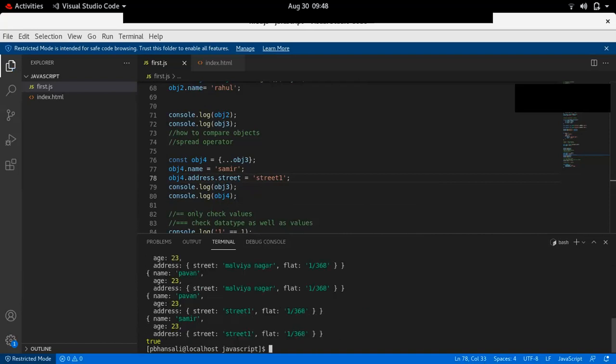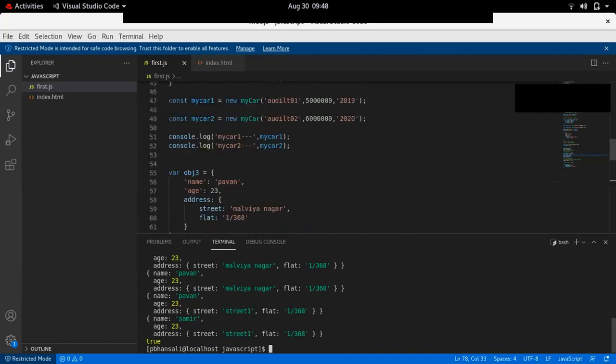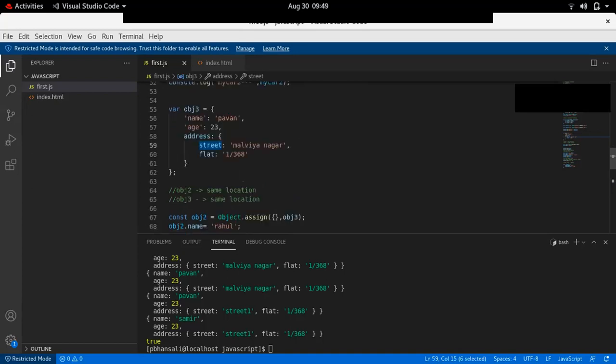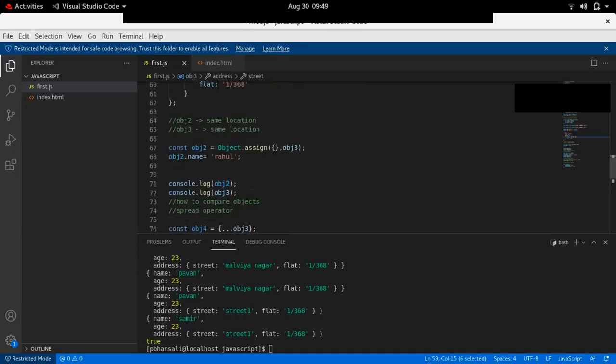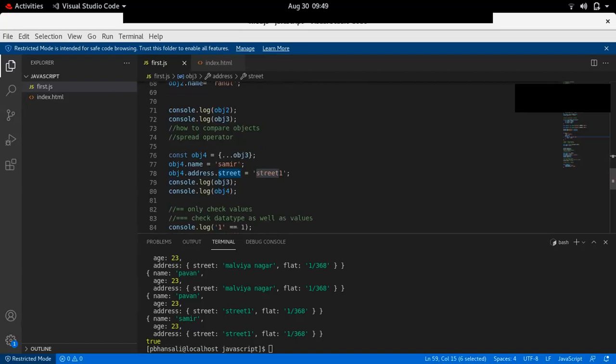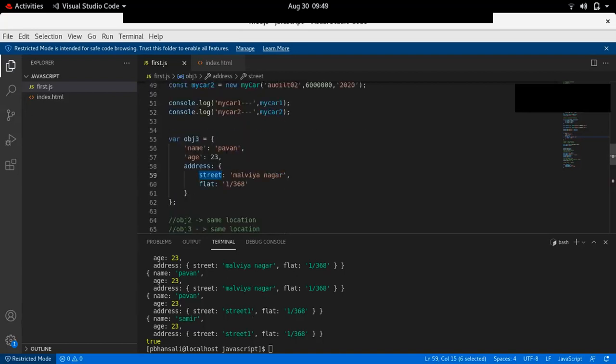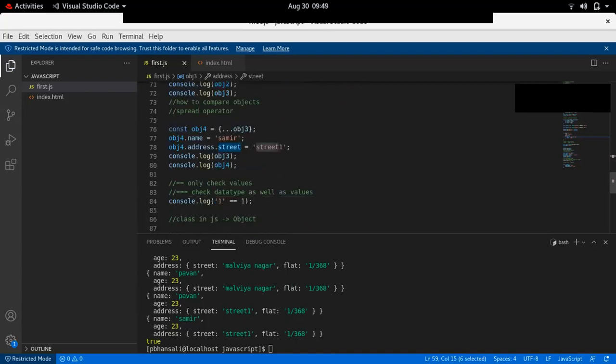You can see object3's street is also changed, and object4's street is also changed, which is inside the address object. So inside object3 we have address, and we changed the street of object4, which was a copy of object3. What happened? Object3's street also got changed, and object4's also got changed.